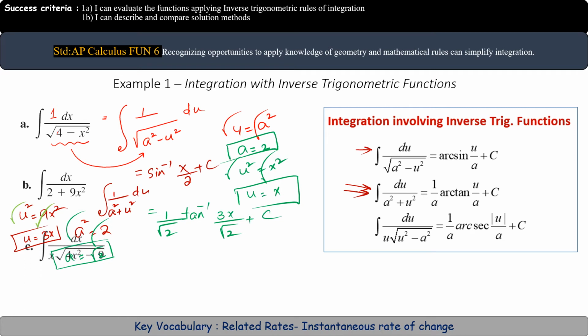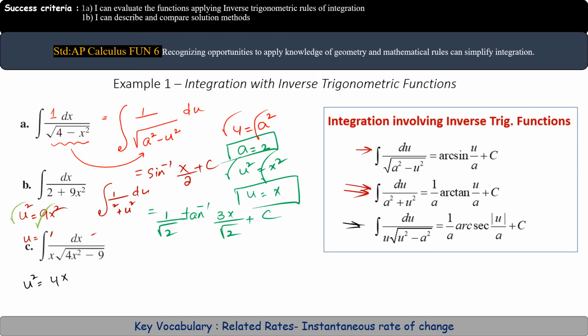So now let's check another question. I am going to erase a few things from here and here. Let's see here. So what is written? It is written 1 over x square root of 4x square minus 9. It means it is written in the form of 1 over u square root of u square minus a square. Now first of all, find out what is my u square. So u square means a function which is written in the form of a square.